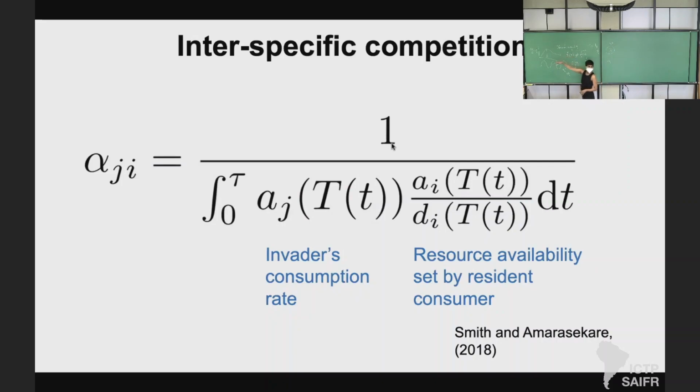But look how beautifully it is illustrated by what we have derived, the product of these things. Your resource exploitation ability is the product of how much resource is available, which is a function of the other species' traits. Look, this is a function of the resident's traits. These are the resident's traits, and that's the invader's trait, right? Do you see? It's not even about what we do with this, but how it just falls out by looking at this and rearranging it